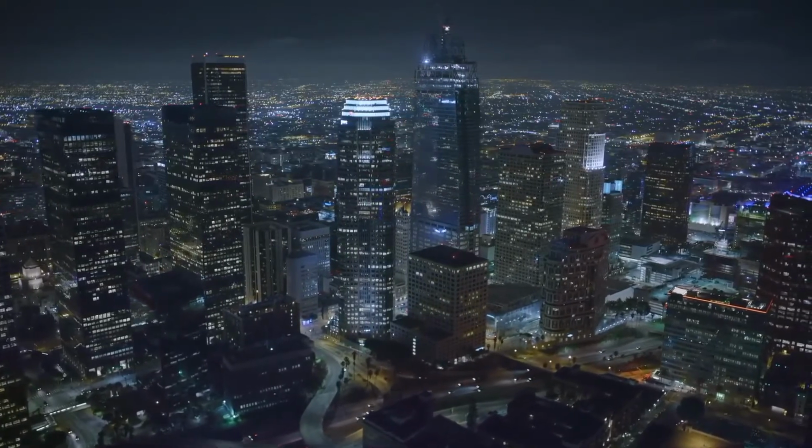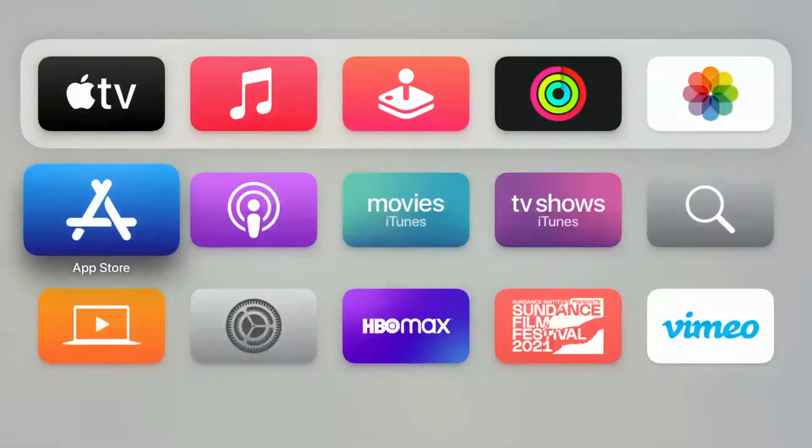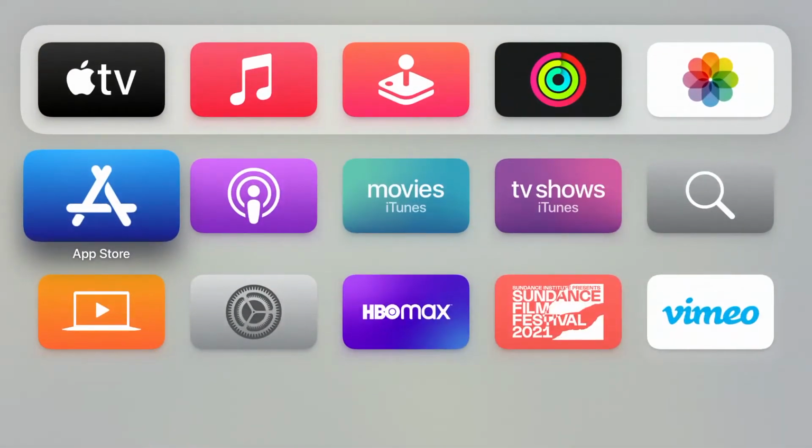Using my remote, I'm going to click the menu button to pull up the menu options. Now you will notice that the Apple TV remote has a matte black section at the top of the remote. That is actually a touchpad that allows you to navigate around the Apple TV interface. You can swipe on it or you can click on it.